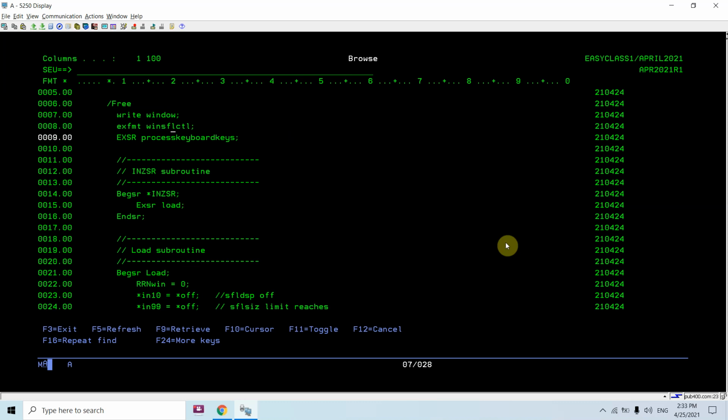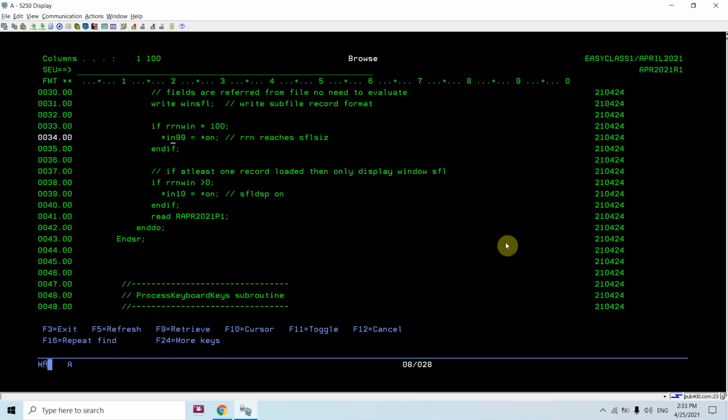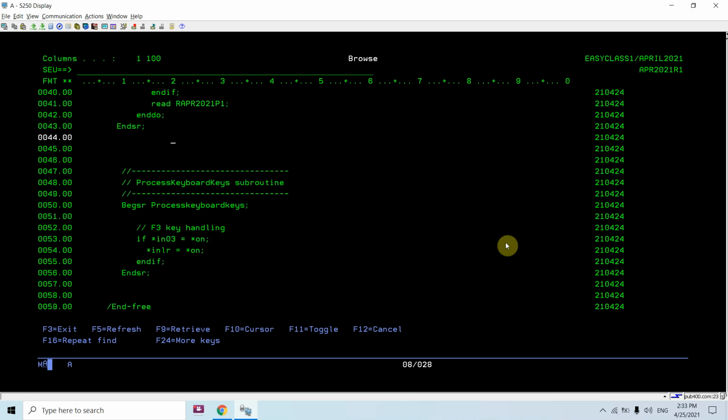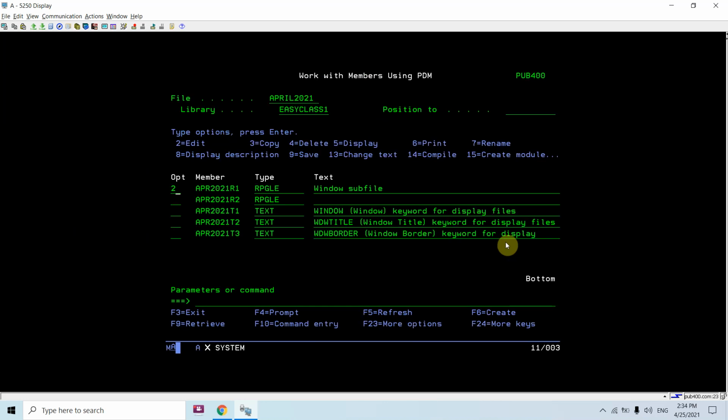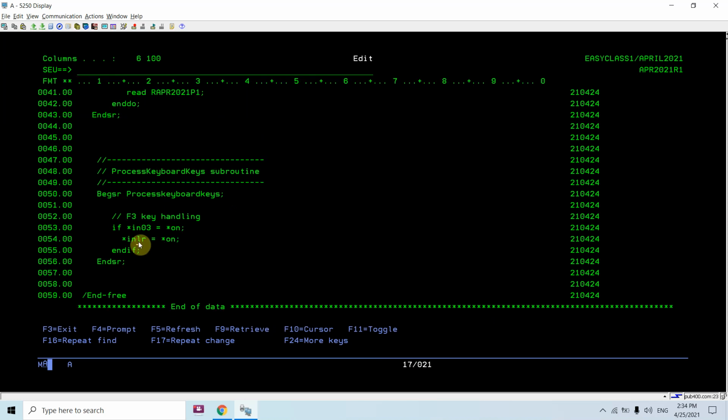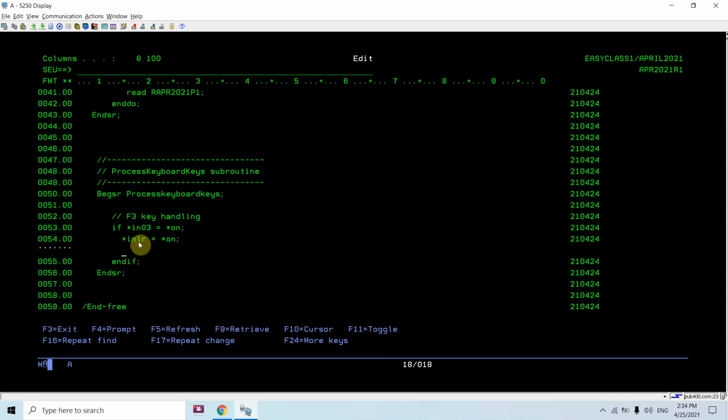Now once this window subfile is displayed in front of us, we have provided some function keys to be activated there. So we can have the F3 key for now. If we press F3, we'll set the last record indicator to on, and we'll just return from the program. When the last record indicator is set to on, we'll basically return from the program, but we can also write the return if it is being called from some caller as well.